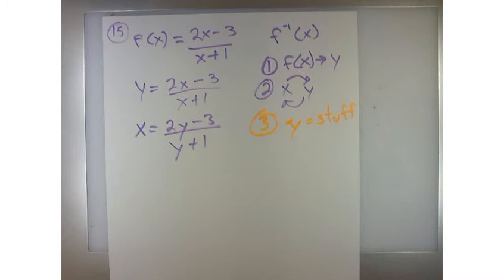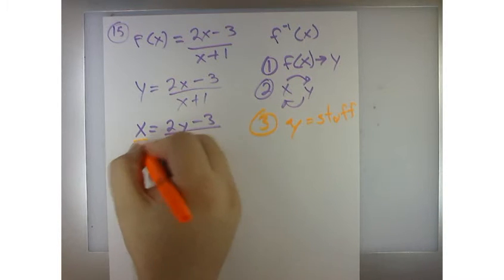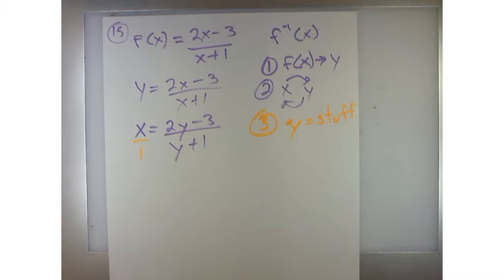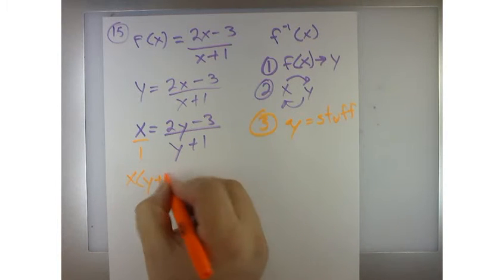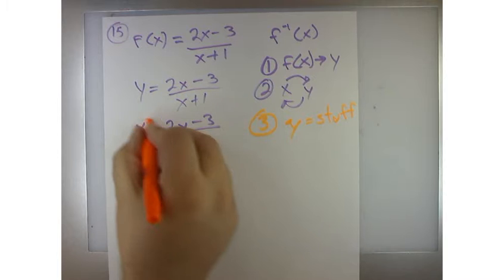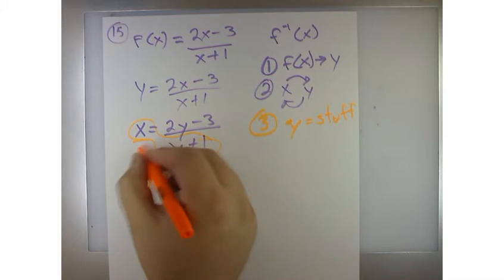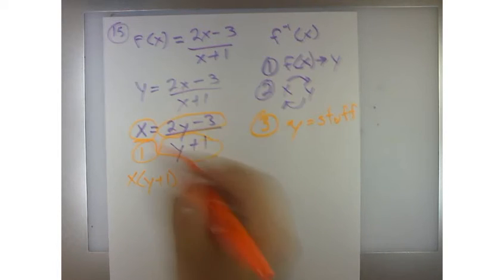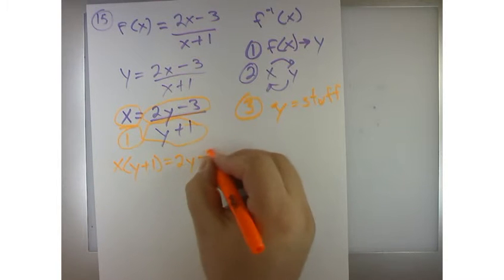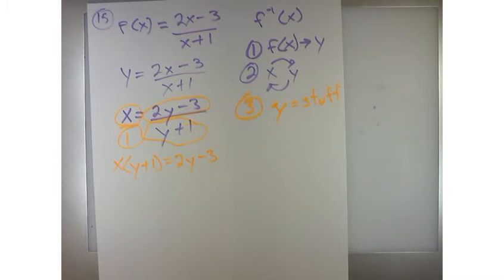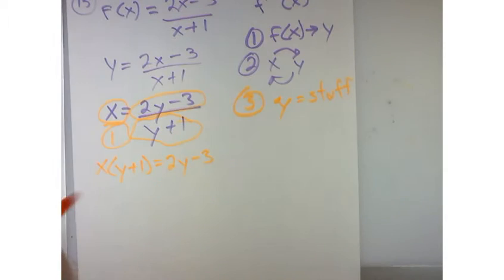Okay, so now this is not easy. If I let x be x over 1, I'm going to cross multiply x times y plus 1, right? This is how you cross multiply, right? And then 1 times all this stuff. So you set it equal to that. Well, 1 times that stuff was just 2y minus 3. Okay? And so then